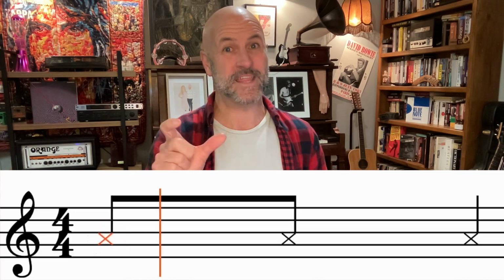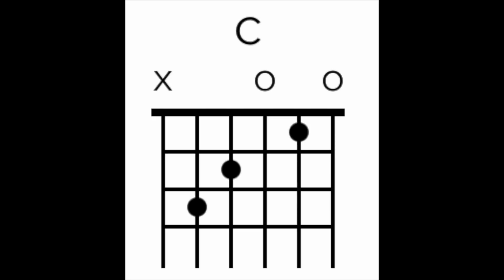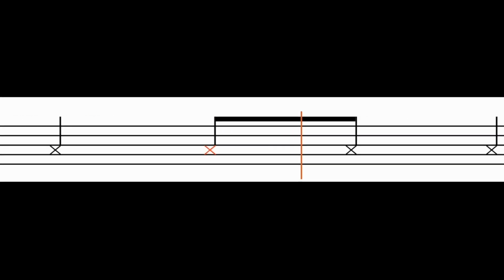Simple, right? So you see that, you hear that, you just remember it, like this picture means this sound. It's the same as we do with chord shapes. When you're first learning chords and you look at that box, it's a C chord and you've got to go 1, 2, 3. Well, you don't do that forever. You soon remember that as a shape. You just see the picture, and after a while you don't need the picture, you just need the name. You just see C and you play a C chord. So that's what we need to do. We need to apply that to rhythm and syncopation as well.